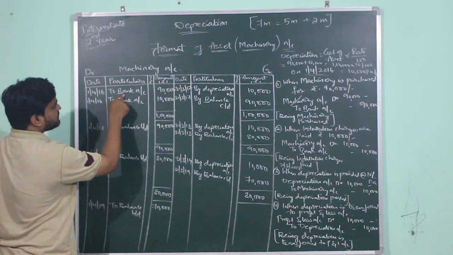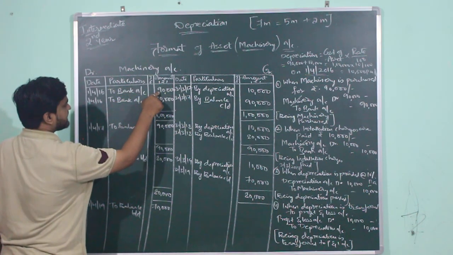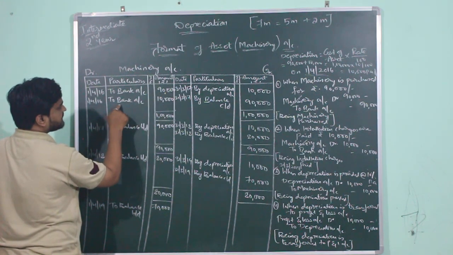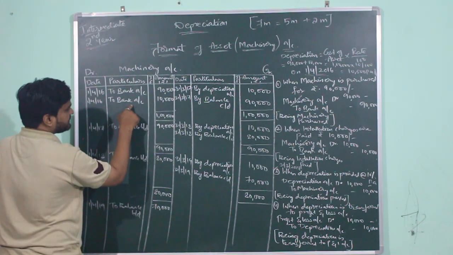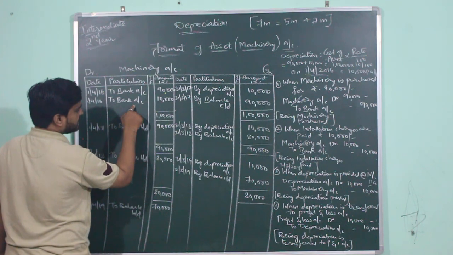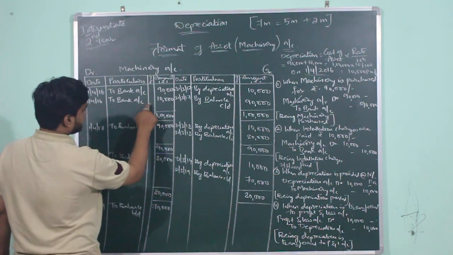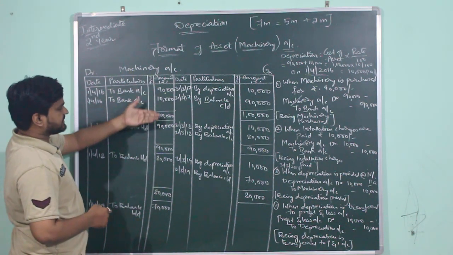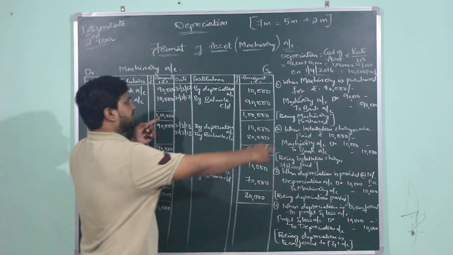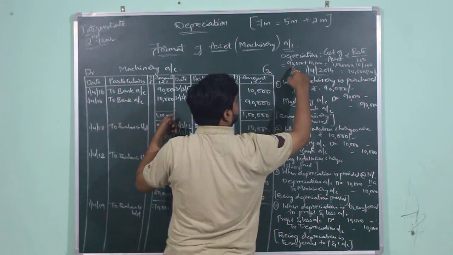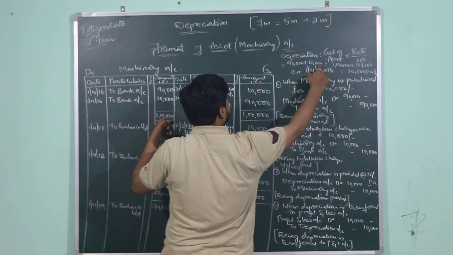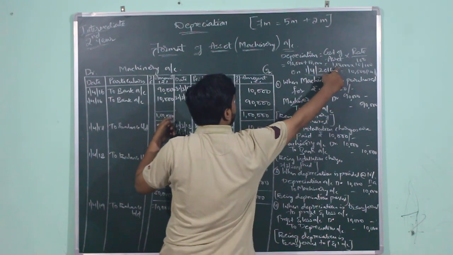Here we have written it as to bank account. This is the cost price for which the asset has been purchased. Here also we have recorded it as to bank account, but this is the installation charges. These are the installation charges that we have paid on the asset. So now the total cost of the asset works out to be 1 lakh. That we have calculated here. Cost of the asset 90,000 purchase price plus 10,000 installation, then it works out to be 1 lakh.